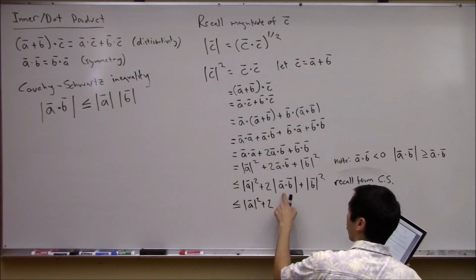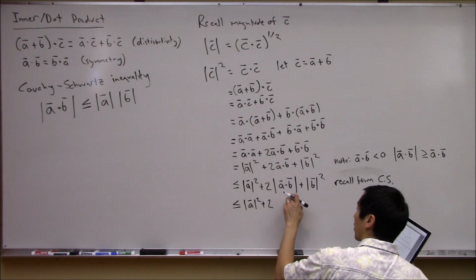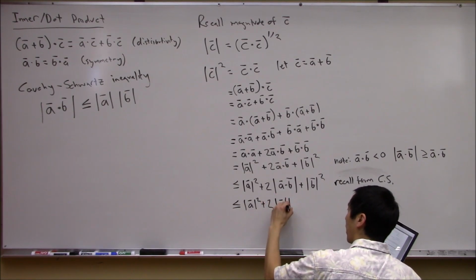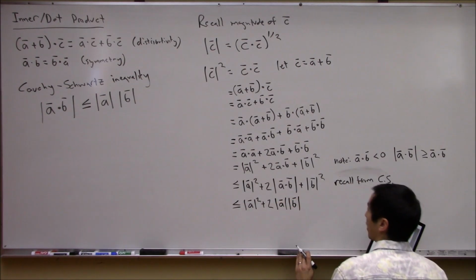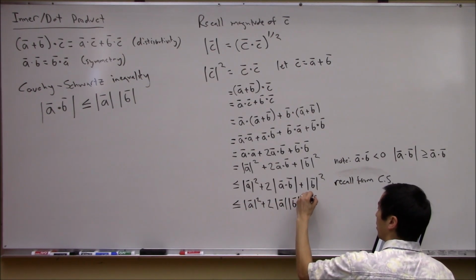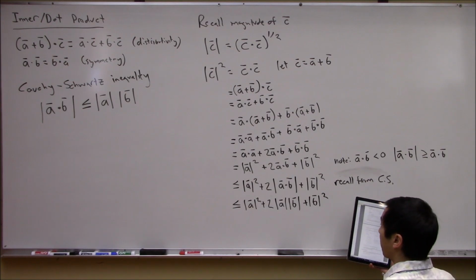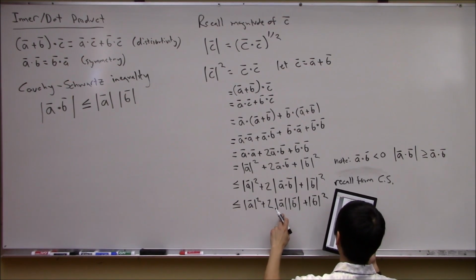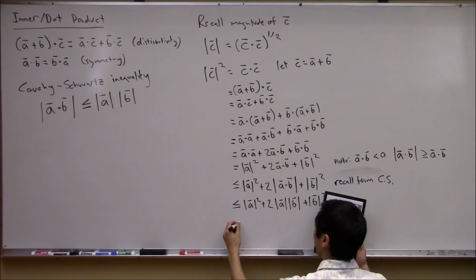So now instead of the magnitude of the inner product, I'm going to take the product of the two individual magnitudes, plus B squared. Okay, great. Now I can start factoring out, or FOILing this thing backwards, and you can see that this is the same thing